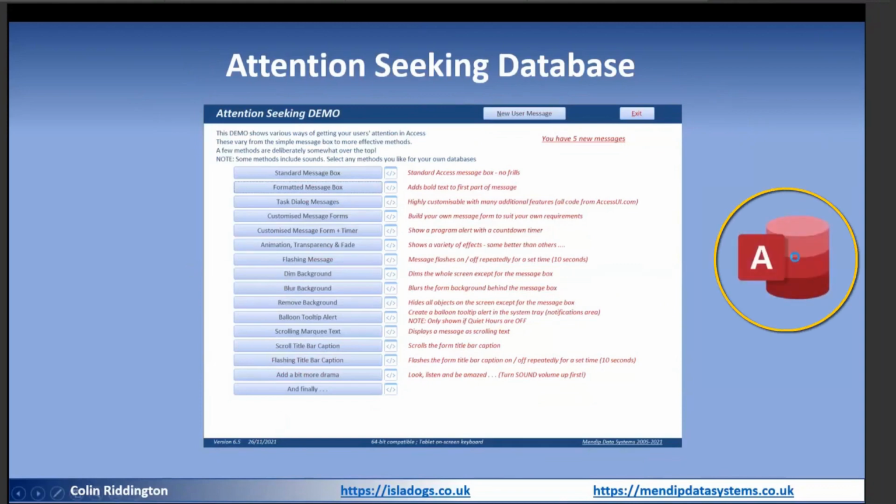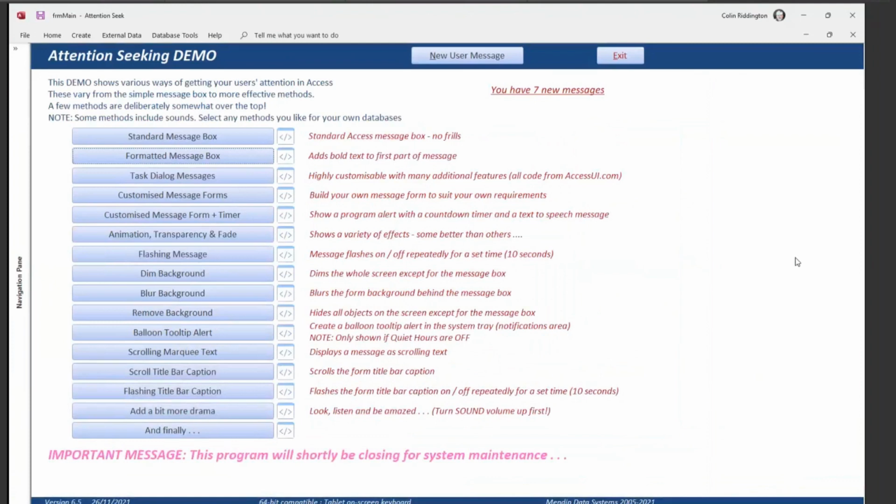If I click on this, then the interface is actually visible in this one. As I say, it's not relevant to this to have it hidden here. So in this, I've deliberately got a similar layout for the main menu form where I can show the code if I want to. And the idea of this is to show various ways of getting your users' attention in Access. Many of these things are fairly simple, and many of these you will be familiar with. I'm not going to focus too much on the simple things here, and some of them are deliberately over the top, and I'm actually showing you to say you can do this, but do you really want to?